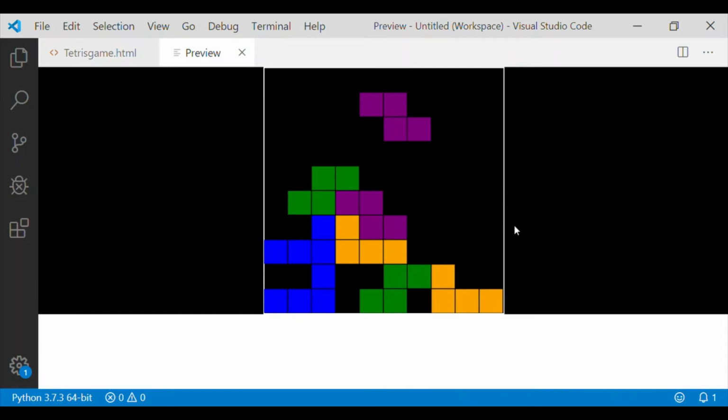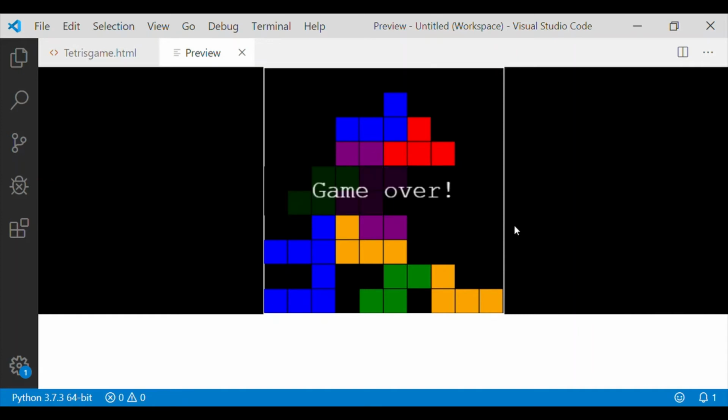Z block, I can move to the left side. I can move to the right and left as intended until the game is over. After that any key press will not be detected. So we have completed the detection of the left key press, right key press, and for the down movement there is one more key that we have to do,